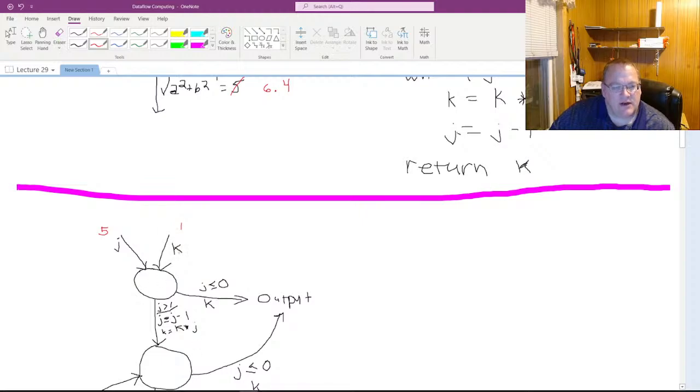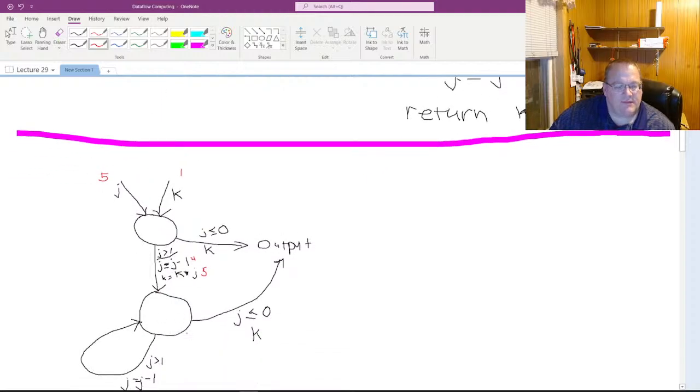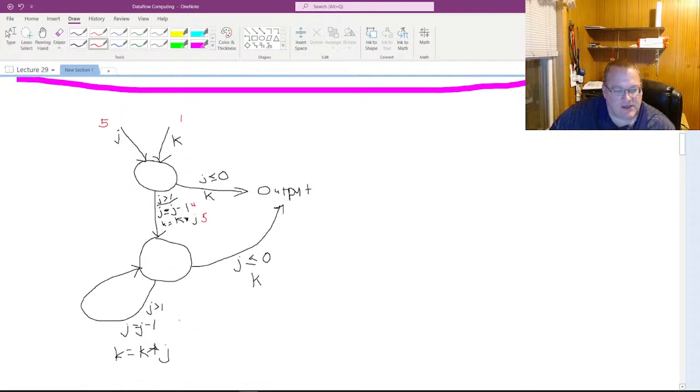So then we come down here and j is not less than 1. So then we would say this is 4 here, and this is 1 times 4, that's 5. Okay. So then in here, we're going to check, and it's going to say, well, j is still greater than 1. So then we're going to say j is equal to 3 this time, and k is equal to these two multiplied together, 20. All right, now switch to the next color, because these can't come in, and then it